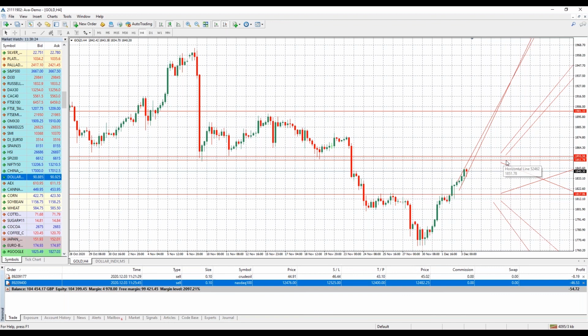Sell limit, you program to sell off the resistance. Buy stop, if it breaks through the resistance, you're in, and it would hit the stop loss on your sell limit. Sell stop, you get in to sell at this lower point if it breaks the support, and in that case, it would hit the stop loss on your buy limit.